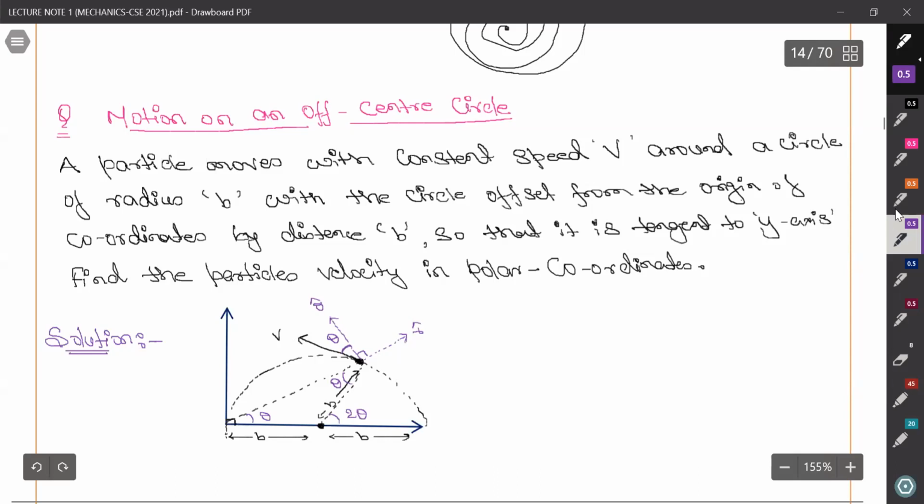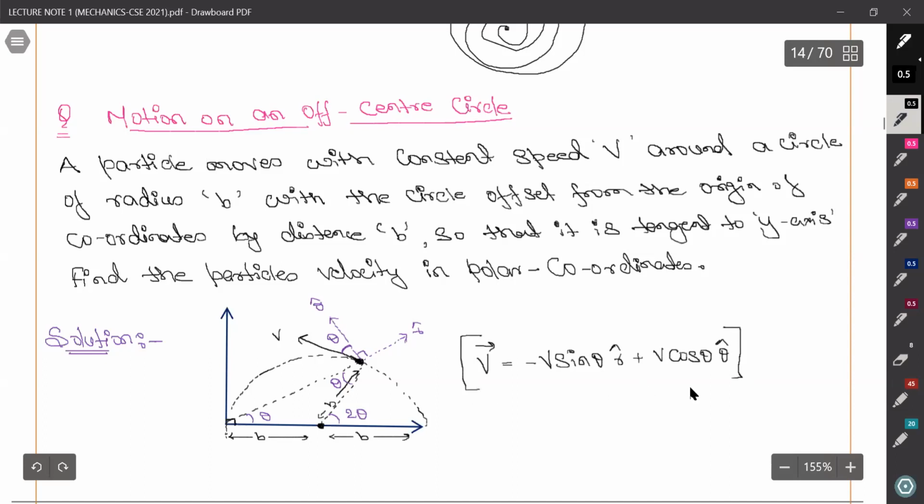So now we can write the velocity in r and theta coordinates, just by making the components of this velocity. So it will be minus v sin theta r cap plus v cos theta theta cap. So this is the velocity which we have to find. We are given v, but we don't know theta, so we have to find out this theta. Here 2 theta is the angle, and we also know that